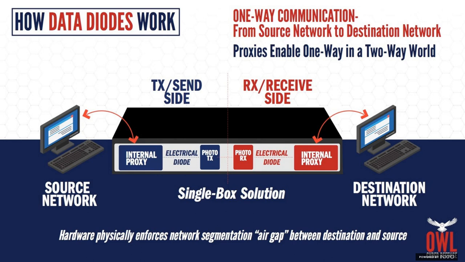There's a couple other things that are happening there. You've got a protocol break because you're converting what was TCP/IP in this example to ATM, and then back to TCP/IP again on the other side. So you're actually breaking that protocol. The source side has absolutely no idea where it's actually sending the data to on the B side, because there's a configuration table that says, hey, this incoming traffic gets put on this ATM channel, and that's all it knows. My source goes on this channel, and then on the receive side, this incoming channel gets placed onto this outbound TCP/IP session. So he has no idea where the original source was, and the source side has absolutely no idea where the destination is. That can't be changed.